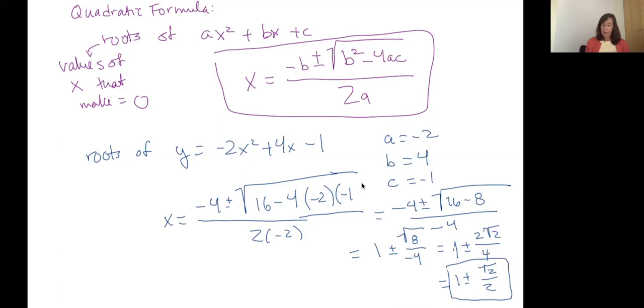Okay, well, what about our other function in that picture that we started with? It was the one that opened upward. That function was y equals 3x squared minus 6x plus 4. Let's plug those numbers into the